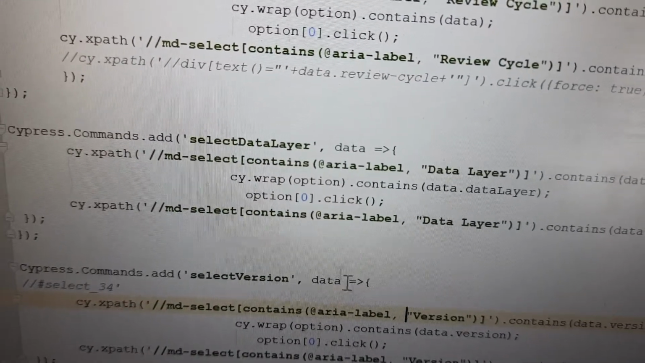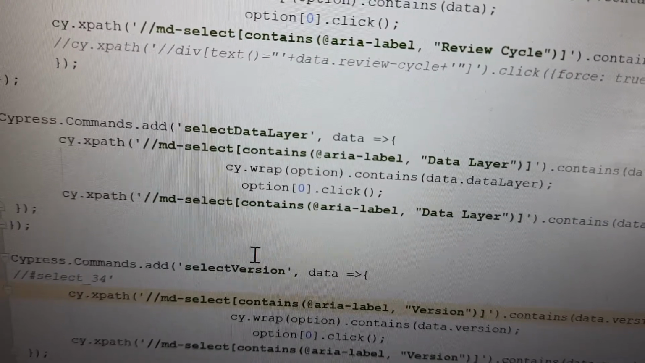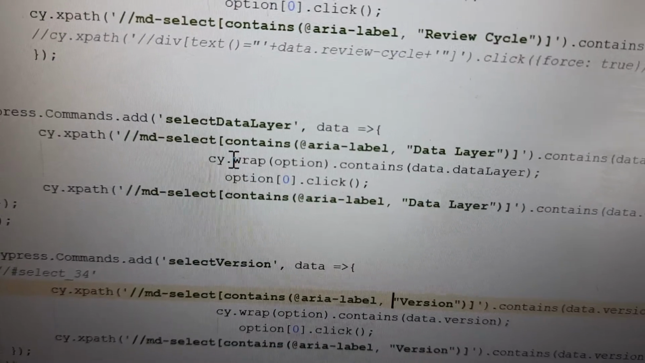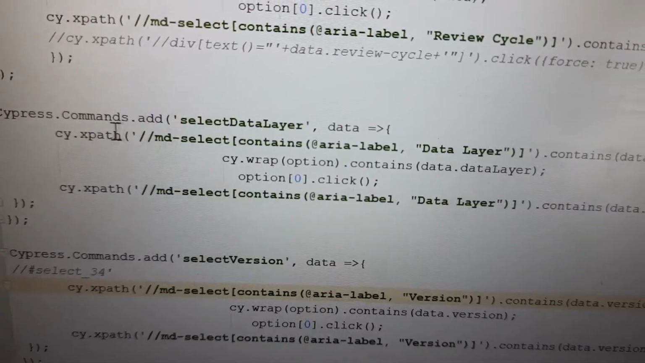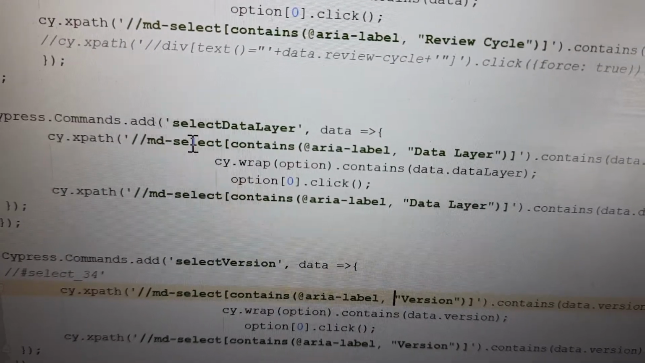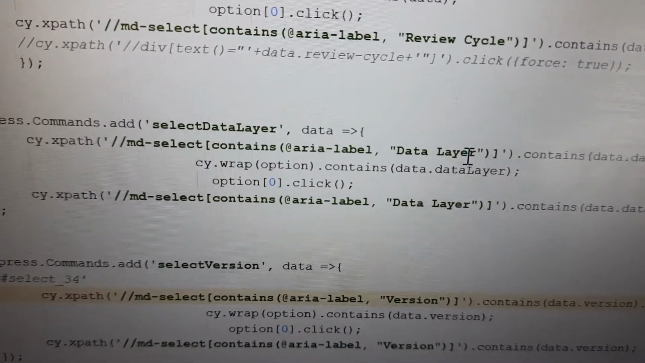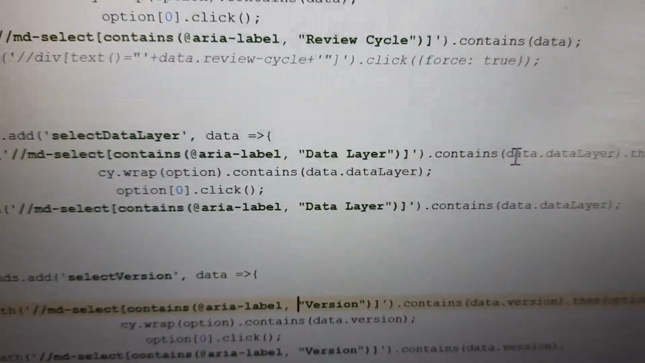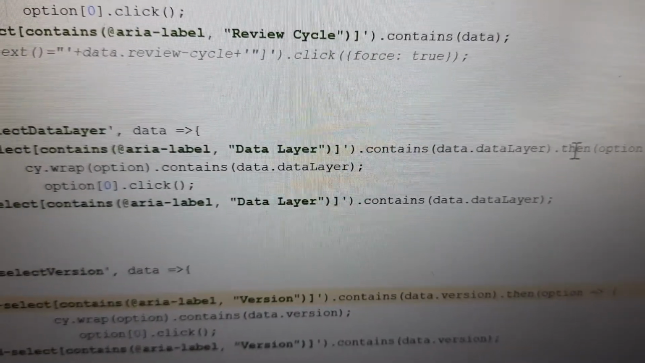Okay, so I'm going to explain how to select a value from the drop down in Cypress. Here I have added it as a command, but if you want to directly select a value from the drop down in your script, you will have to first find out the drop down with the XPath like this. For example, if data layer is my drop down, I have given the XPath to find out the drop down, and then I am going to verify whether it is containing the data of the value that I am going